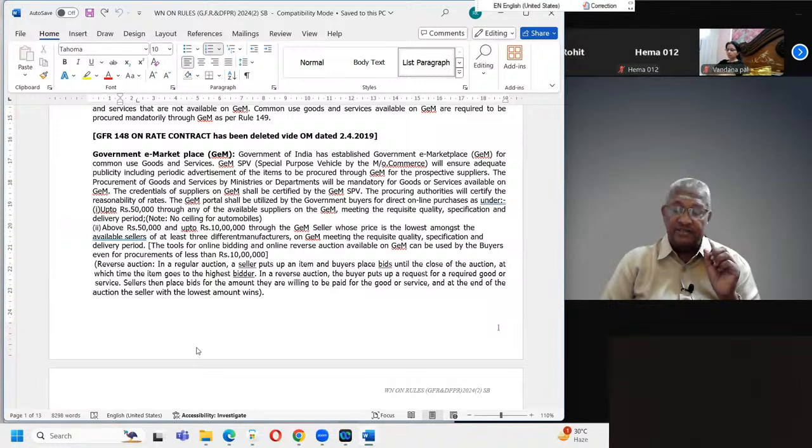गवर्नमेंट ई मार्केट प्लेस मीन्स देर आर सर्टन कॉमन आइटम्स, there are certain common items required by all the departments. कंप्यूटर हो, उसका स्टेशनरी कंज्यूमेबल हो, प्रिंटर हो, एंड ये क्या मशीन है, जेरॉक्स मशीन हो, फोटोकॉपियर एंड थिंग्स लाइक दैट. कॉमन यूज हर एक डिपार्टमेंट में इसका रिक्वायरमेंट हमेशा होते रहता है. फाइल कवर्स फॉर दैट मैटर. So all these things, these are all common use items required by all the departments. उसके लिए इन लोग गवर्नमेंट में, मिनिस्ट्री ऑफ कॉमर्स में एक टेंडर फ्लोट करते हैं. फ्लोट करके तो टेंडर मंगवाते हैं, लेकिन दे आर नॉट गोइंग टू परचेस नाउ. दे आर गोइंग टू